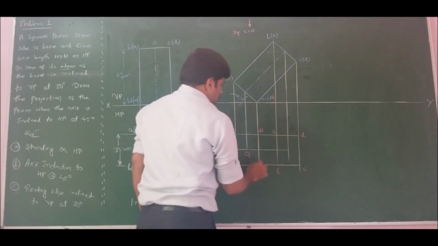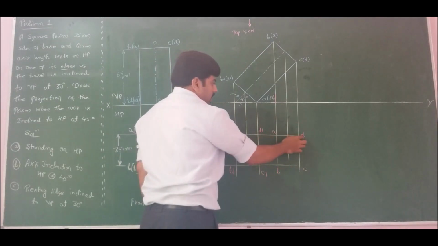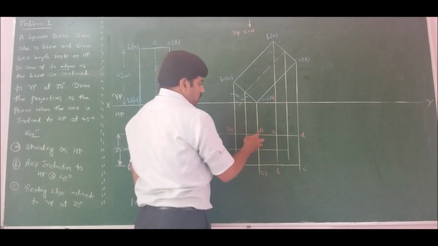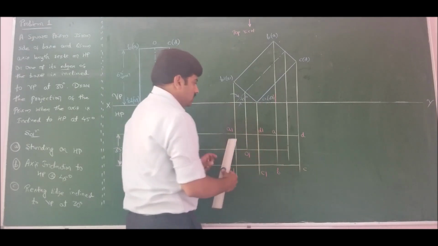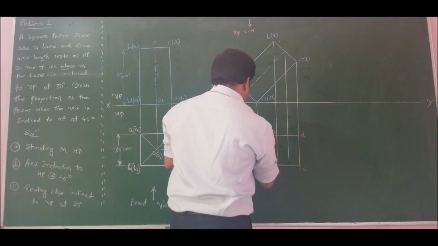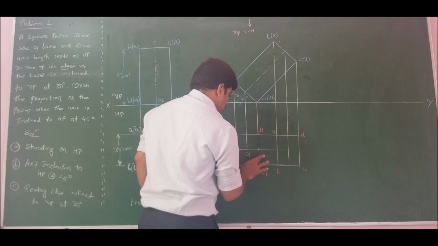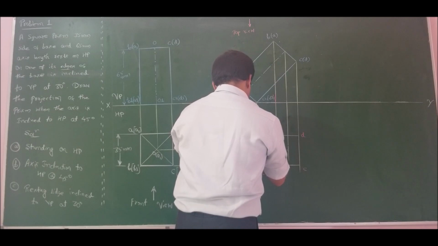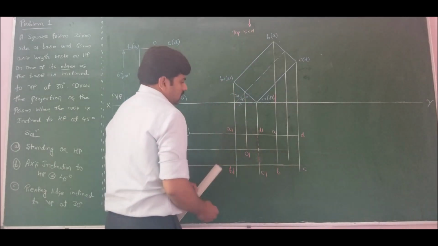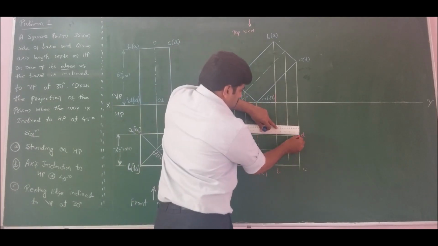to D. So correspondingly, C1 to C is the boundary of the solid, so it cannot be invisible. D1 to D is also the boundary of the solid, it cannot be invisible. So the only invisible edge I will get is C1, D1, which comes inside the solid. So therefore, I will mark C1, D1 as invisible. So mark the invisible edges with dashed lines and mark all the edges.